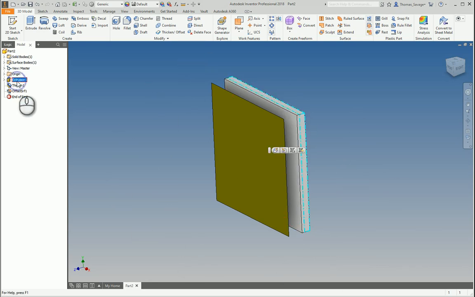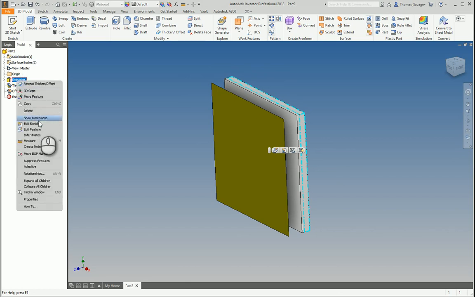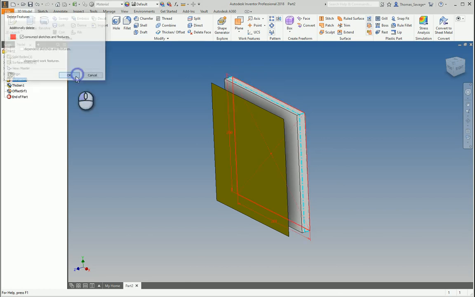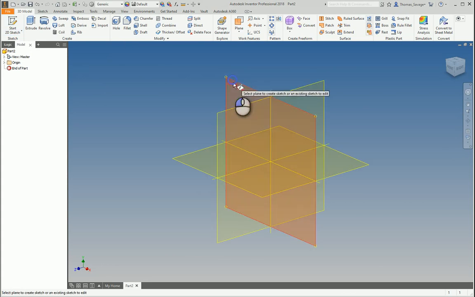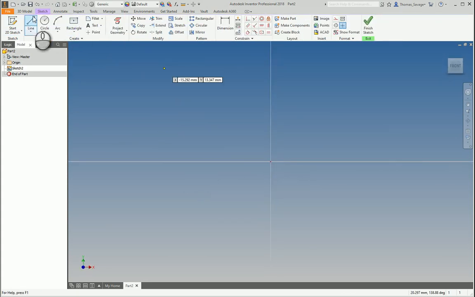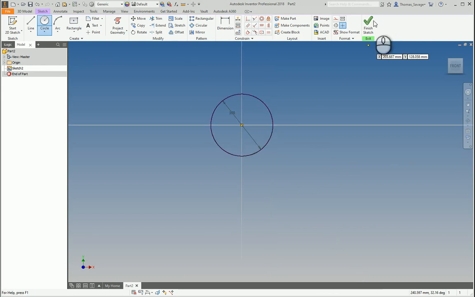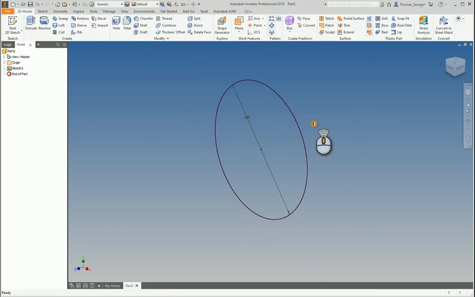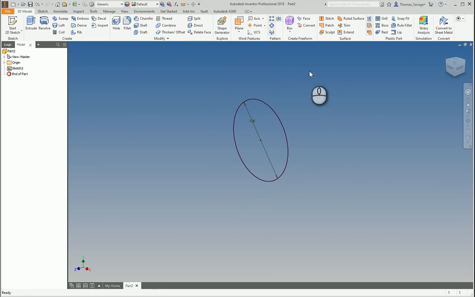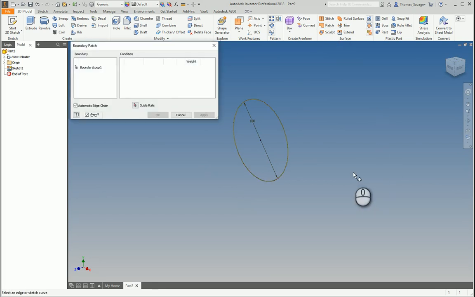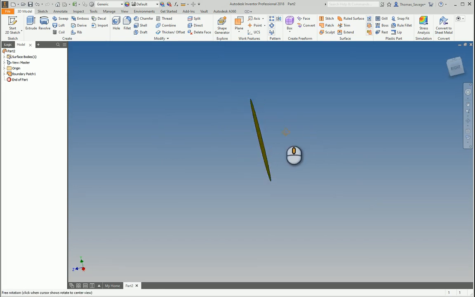Now I am going to create a surface. So what I'm going to do is draw a circle for a change. Just do 100mm. Finish. Now, I'm going to use the Patch command. I'll go into surfaces, like I said, in a video soon. But for now, if I just go to Patch, click on the circle, it's now created a surface with 0